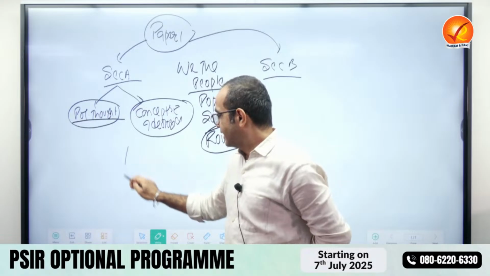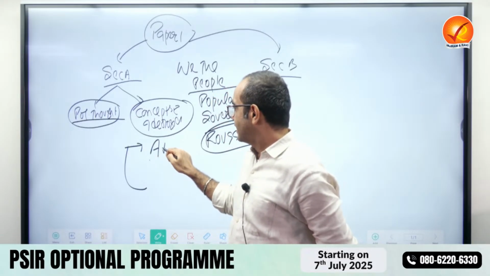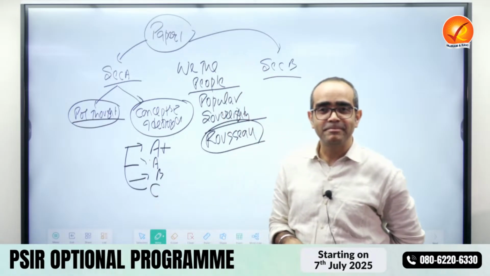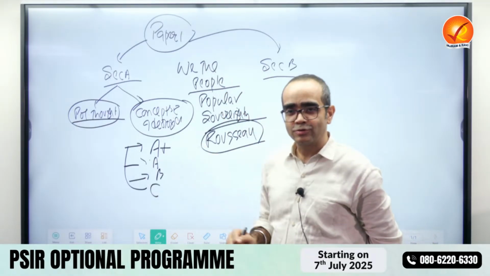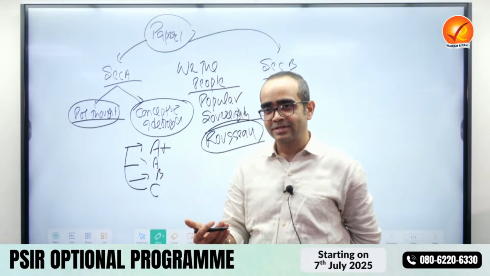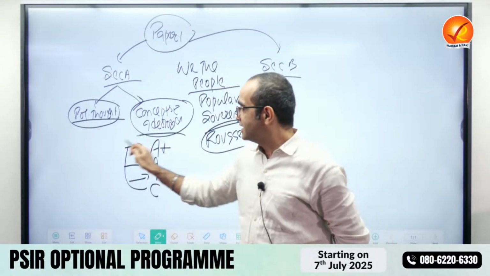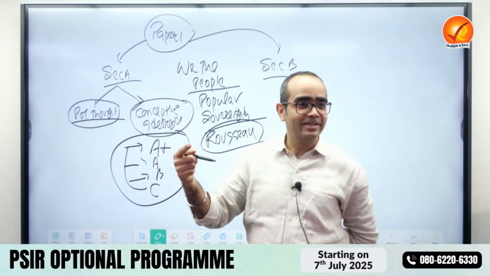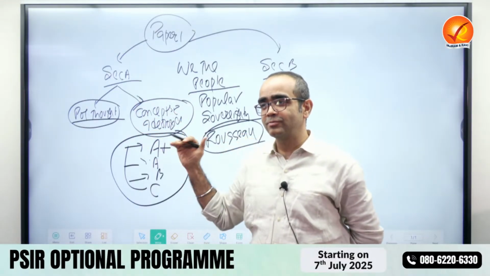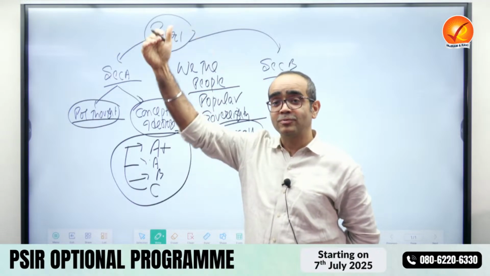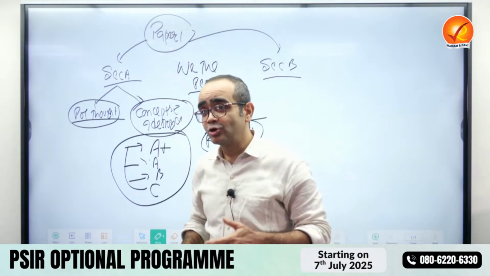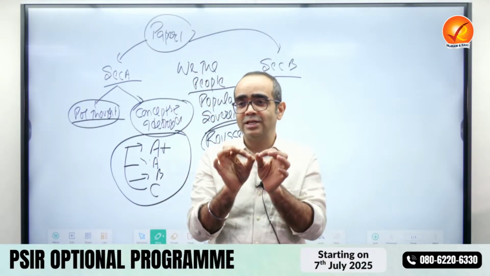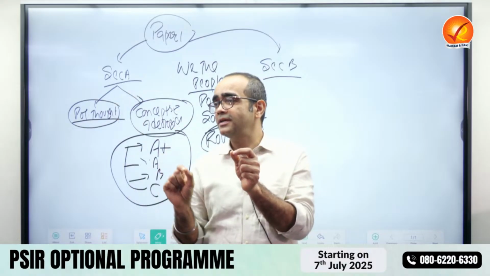Now, the Indian team has 4 categories of players: A plus, A, B, and C. A plus gets a 7 crore annual contract, A 5 crores. Then respectively the amounts are there. Who was there in A plus? Rohit Sharma, Virat Kohli, because they were the top performers, including Bumrah. Bumrah was promoted. So do you reward the talent? Do you reward the performance? Yes. So depending on your performance, treat equals equally, unequals unequally.